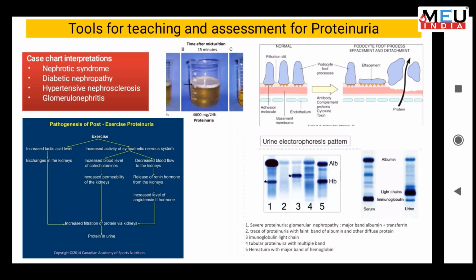So that's all we have prepared with the two conditions, diabetes mellitus and proteinuria. I think we can formulate in a similar way for all the other conditions and think of newer teaching, learning and assessment methods. I thank all our teammates and Sucheta ma'am for